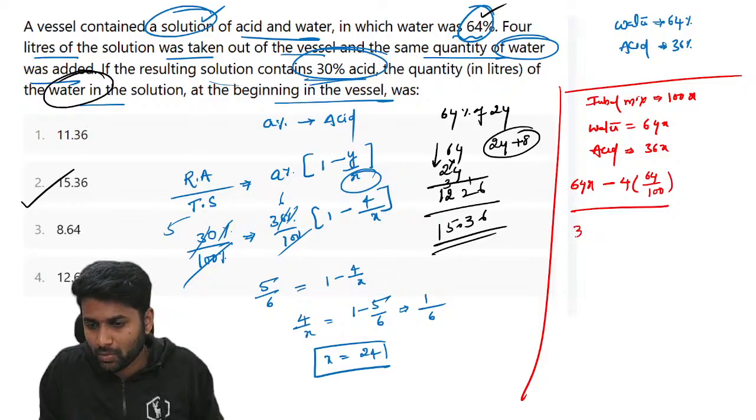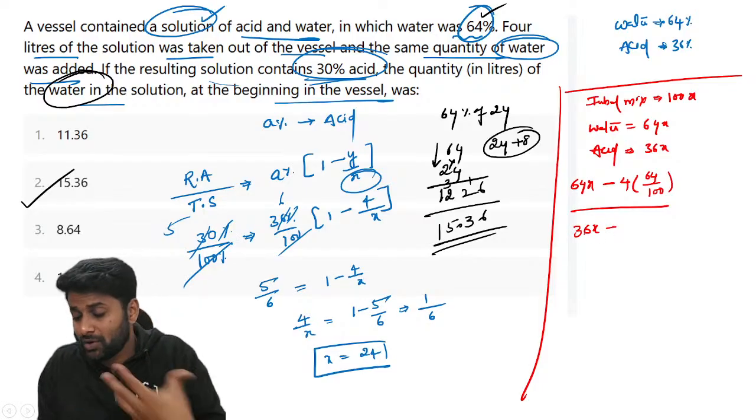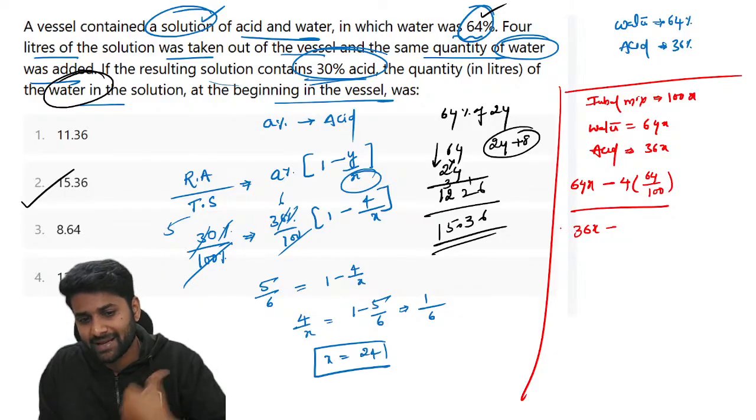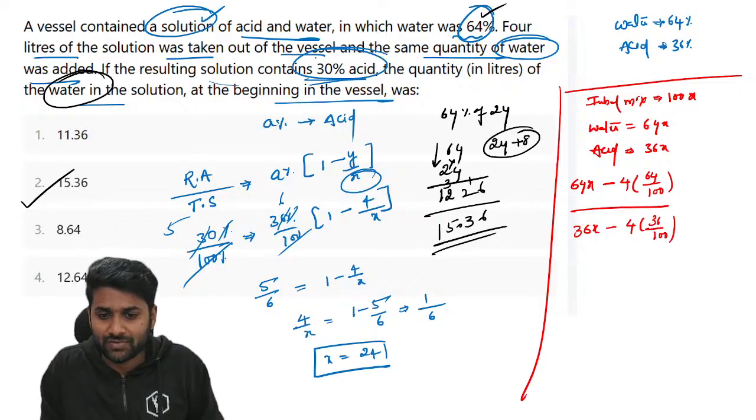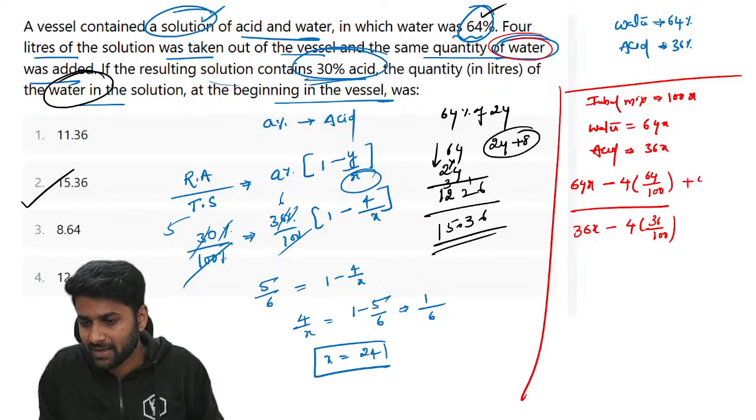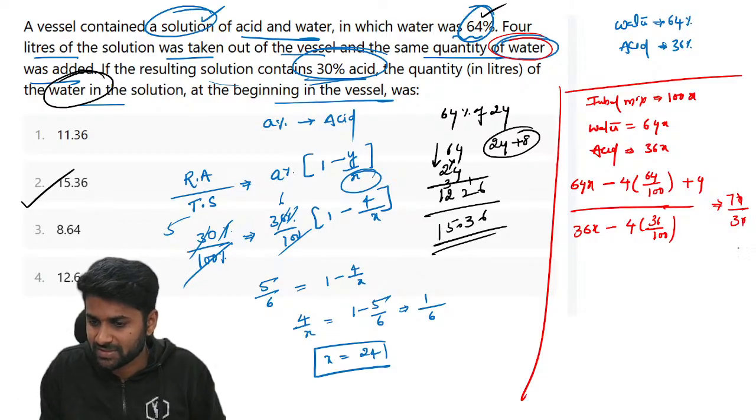Now again, out of 36, see, 4 liters we are removing, which means we will get water and acid also. Out of 4 liters, acid is 36. Now we are adding, so which concentration here? We are adding water, right? So again we are adding 4 liters of water. Because of this, you will get acid as 30 and definitely water as 70. Just cross multiply them. 0, 0 is cancelled. Further simplification, 6400x, 4 into 64 is 256 plus,